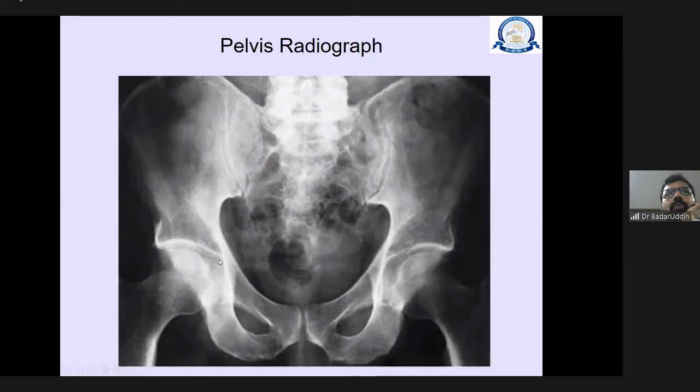And once you go upward, this is the acetabulum, and this is the femoral head, and above this is the ilium, and this is the sacroiliac joint. Once you go behind, you see these are the eyes. These eyes are indicative of sacral foramina. And go on the opposite side, read the same way: sacroiliac joint, iliac blade, hip joint, the acetabulum and femoral head, and this is the superior pubic rami, inferior pubic rami, and ischium. So this is how you can read this X-ray.